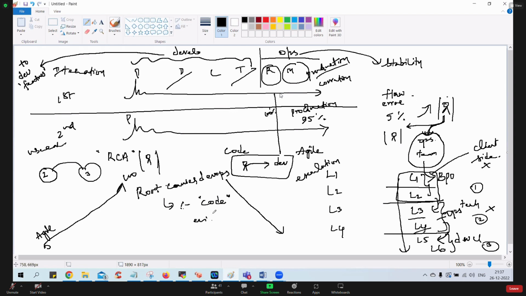Something like a CBI kind of inquiry a technician will do. I'm not saying we do a CBI kind of inquiry, but the point is they have to prove that it's the code: no problem with the client, no problem with our server, no problem with the configurations. And we identify that, okay, this is where the code has some trouble. So that root cause analysis should conclude saying that code is the issue, right? To get this done,